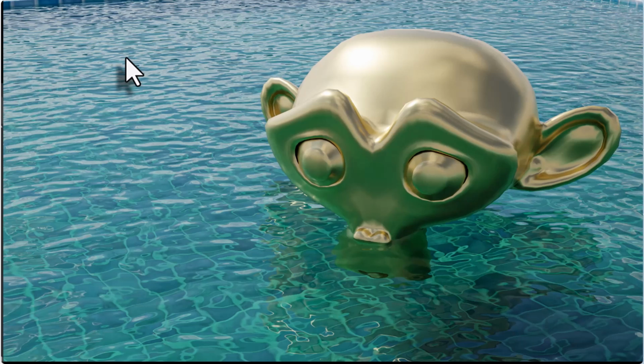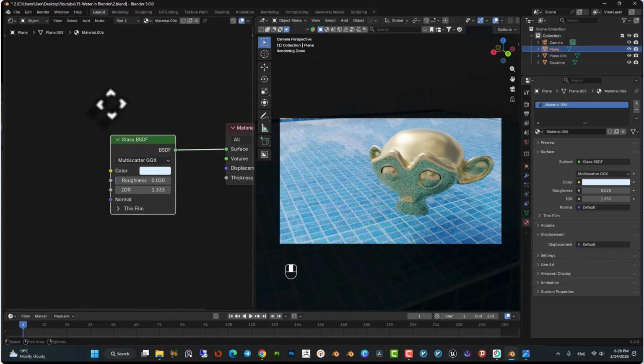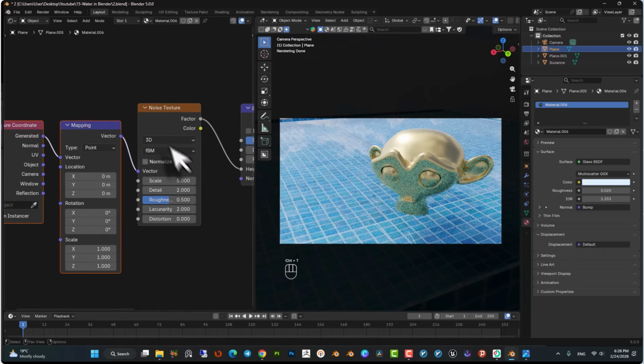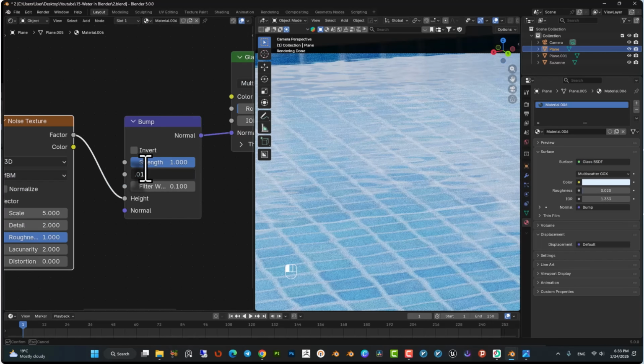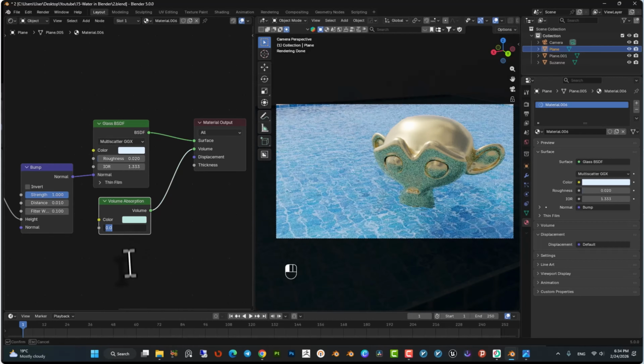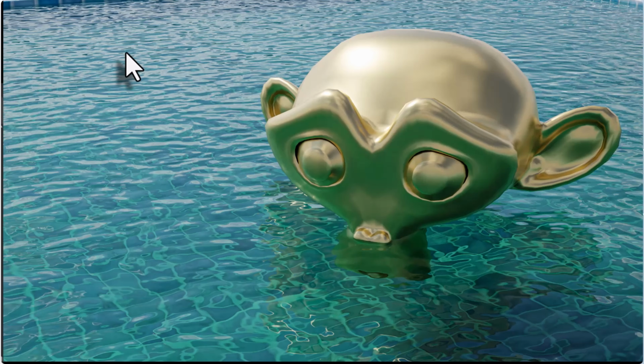Hey guys, in this tutorial I'm going to show you how to create a clean and realistic water shader in Blender using a simple workflow. We are going to keep it nice and straightforward and just focus on getting a really solid result without making